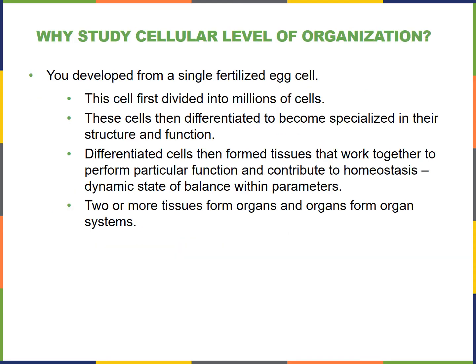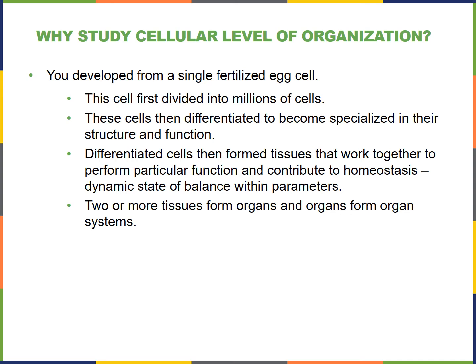As a human being, you develop from a single fertilized egg cell, sperm from the father and the ovum, or the egg, from the mother. The cell first divided into millions of cells. These cells then differentiate to become specialized in their structure and function. Differentiated cells then form tissues that work together to perform particular functions and contribute to homeostasis, a dynamic state